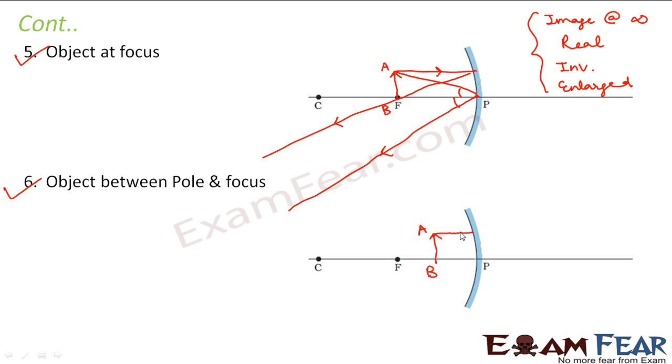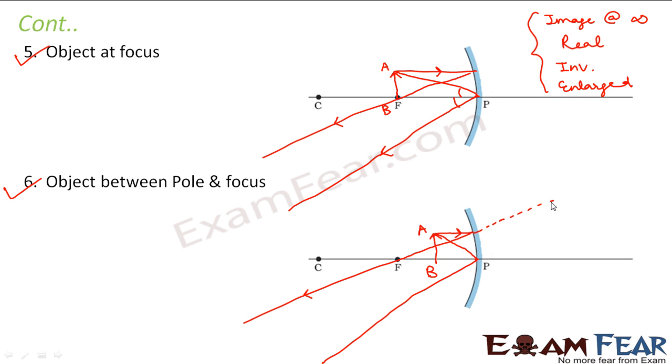So what happens in this case? A ray of light parallel to the axis passes through the principal focus. Another ray of light falls on the pole obliquely and then goes back. So in this case, what do we see? The two rays don't go parallel. Instead, they diverge away from each other. So there is no possibility that they will meet in future. If the two rays are going parallel, we assume that they will meet at some infinite point. But if they are moving away from each other, there is no possibility that they will ever meet.